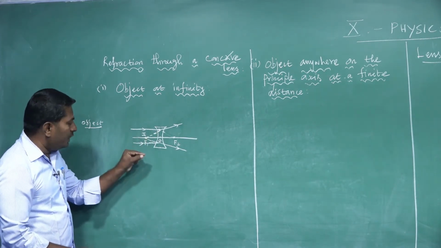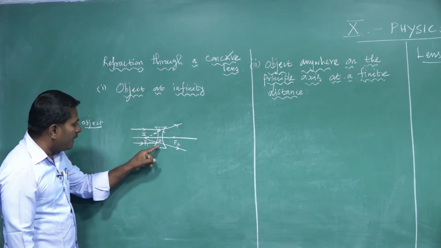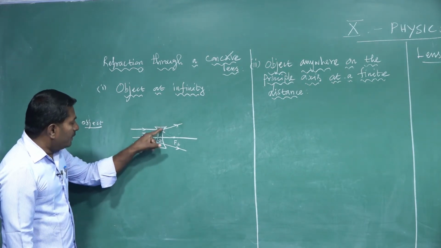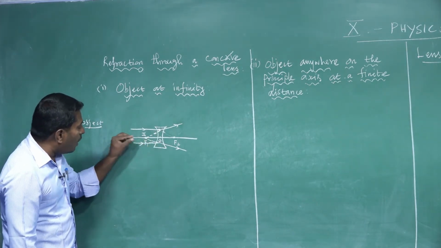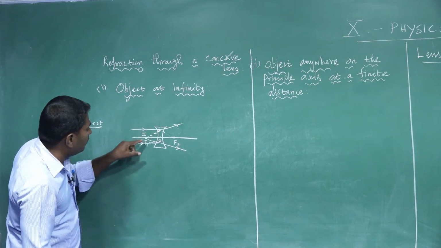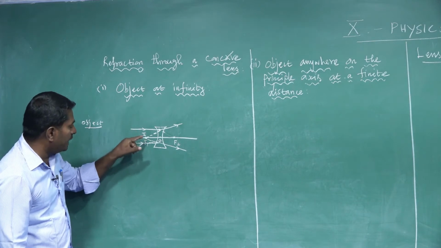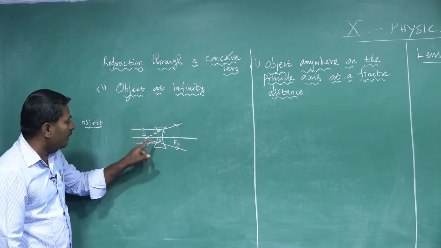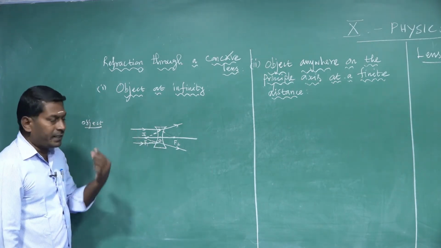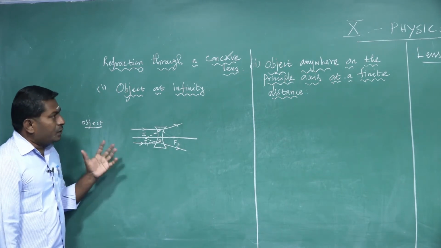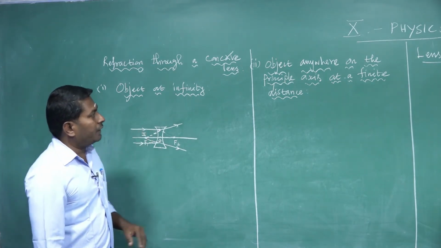Why is it called a virtual image? That image is formed by a concave lens. All refracted rays appear to be diverged from this point on the principal axis. That's why the image formed by a concave lens is called a virtual image. It is a point size image. Next, we are going to see another question.